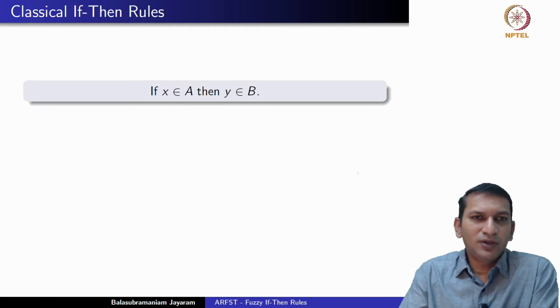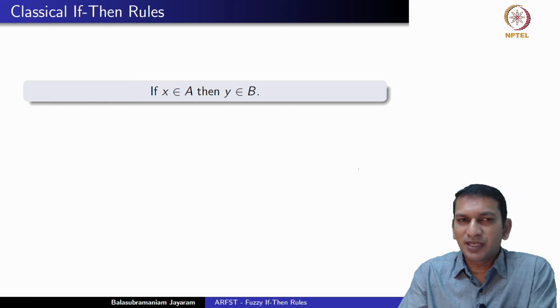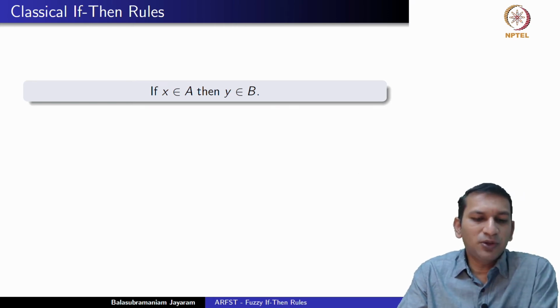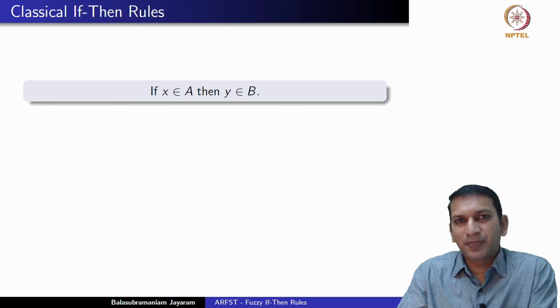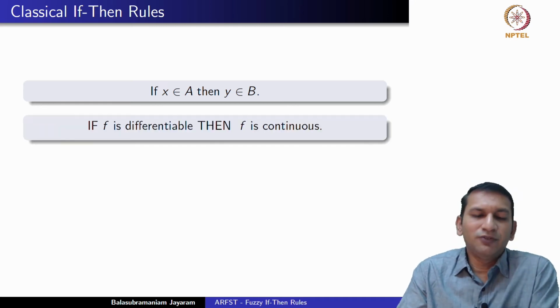This is typically how an if-then rule in the classical framework will look. Note that the antecedent A and the consequent B both are in fact classical sets. So we say if X belongs to A, then Y belongs to B. Now a familiar